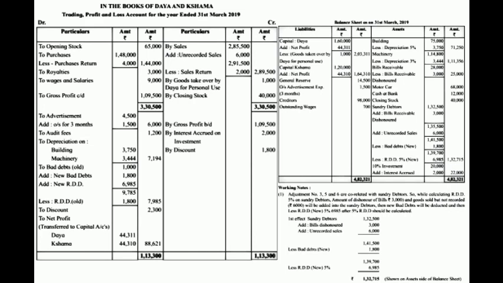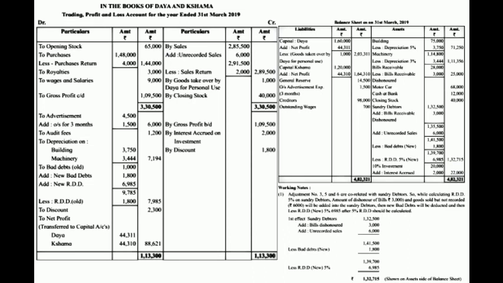Now after passing all these entries, we can see that there are two hidden adjustments. One is in the trial balance, 10% investment 20,000, and the other is advertisement paid for 9 months. First we will calculate the 10% investment. Investment we are doing for our future benefit. So 10% indicates that we are going to receive interest on this investment at 10%. So in the balance sheet we can see the last entry is shown as 10% investment, 20,000 in a column.